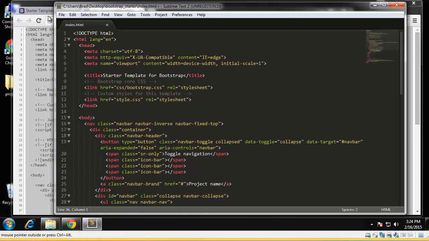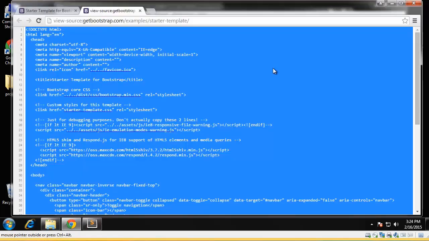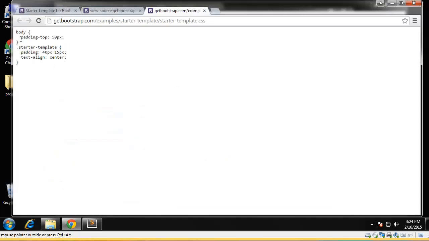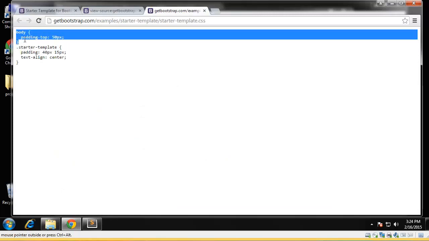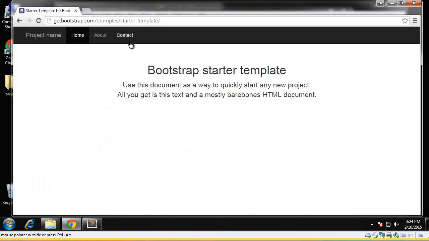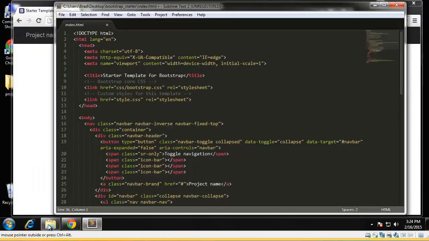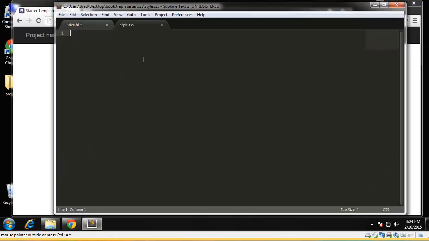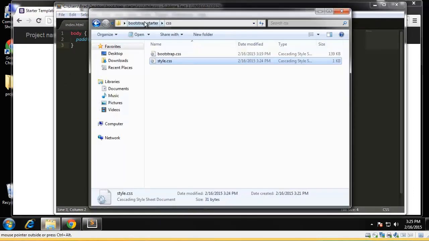And one more thing, I just want to go back to this source code and click on the starter template CSS. We'll open in a new tab, and basically I'm just going to grab the padding for the body. Alright, because that's going to push it down past this nav bar. So I'm going to put that into our style.css. Paste that in like that. Save. And now we can take a look at our index file in the browser,